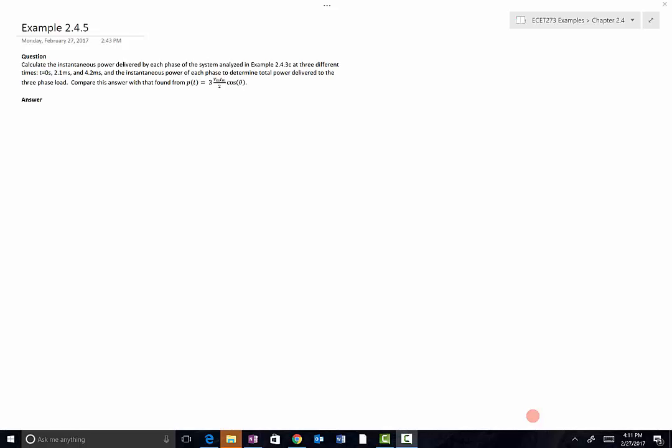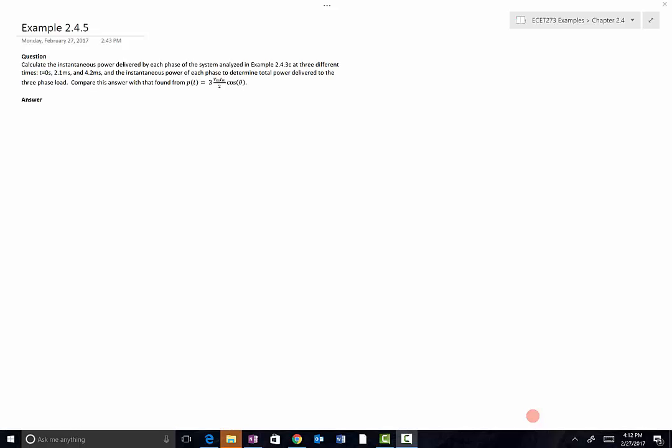Example 2.4.5. Calculate the instantaneous power delivered by each phase of the system analyzed in example 2.4.3c at 3 different times, t equals 0 seconds, 2.1 milliseconds, and 4.2 milliseconds, and determine the instantaneous power of each phase to determine total power delivered to the three-phase load. Compare this answer with that found from P of t equals 3 times Vmax Imax over 2 times the cosine